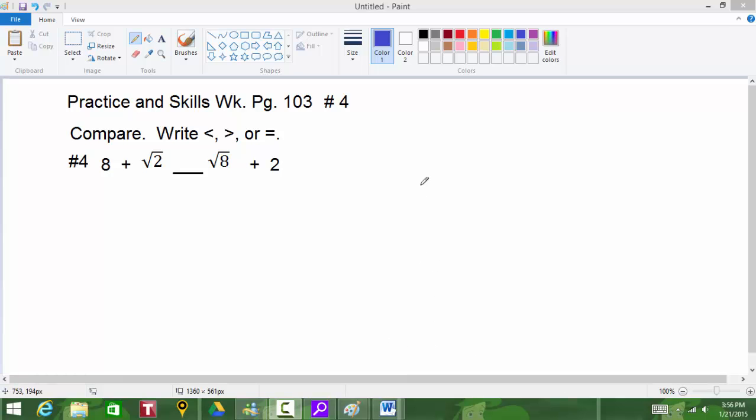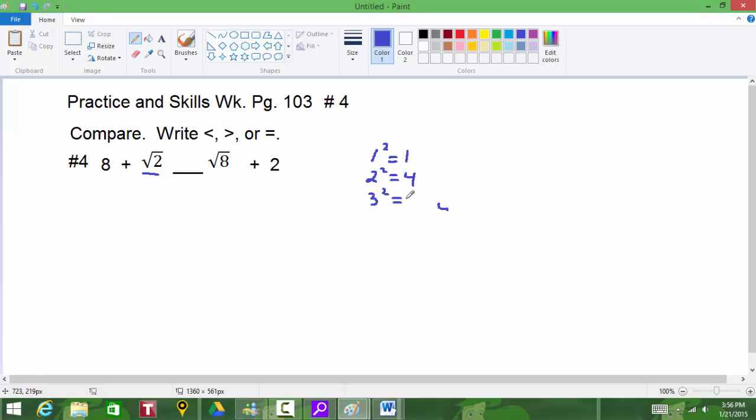Okay, so what I'm going to do on this problem is I'm going to take a look first at the square root of 2. And we're going to remember back with the perfect squares. So I'm going to make a list of a few perfect squares. So 2 squared is 4. 3 squared is 9. It's probably far enough for this problem. If I look to see where 2 would be, somewhere in between the 1 and the 4. So that means that 1 and 2 would be what our square root of